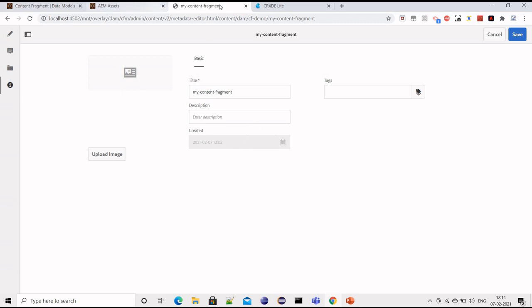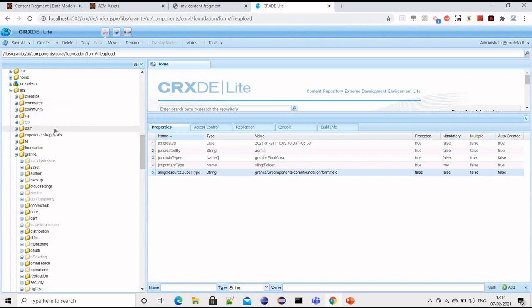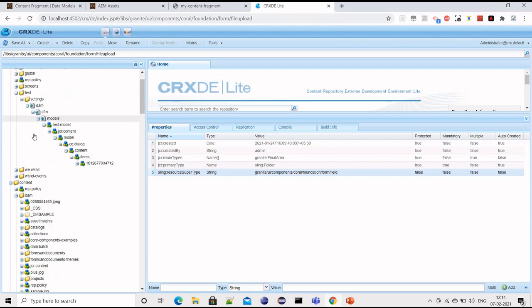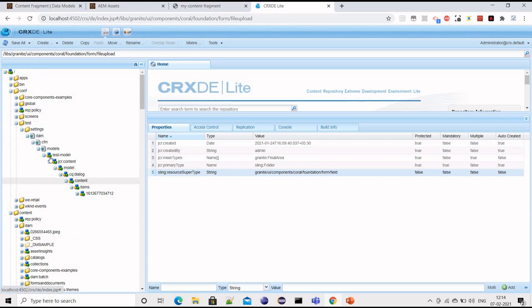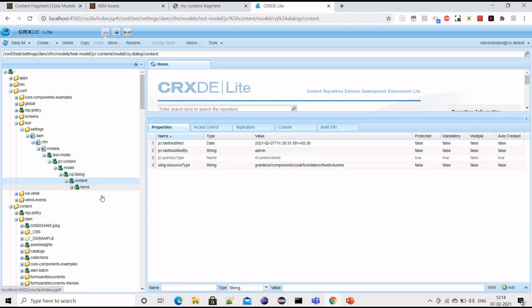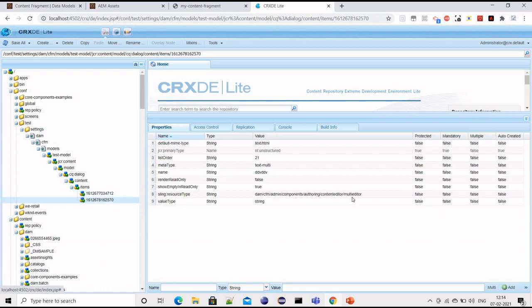Another thing is, when we create a content fragment model, there are some out of the box data types coming, but we can add more data types as well. If we look at this content fragment model we have created, right now we have added a text field, and another one is a multi-line editor which we are calling RTE.